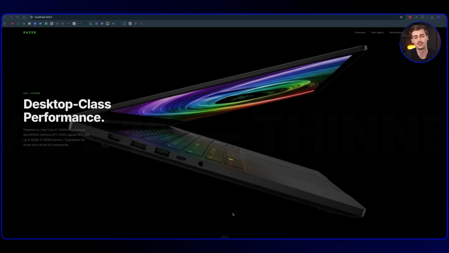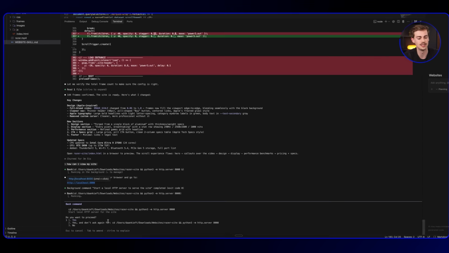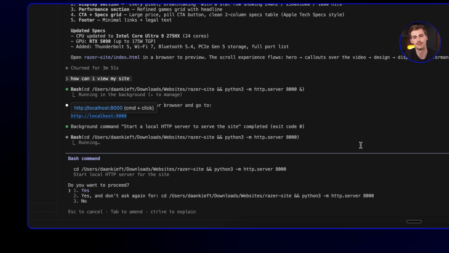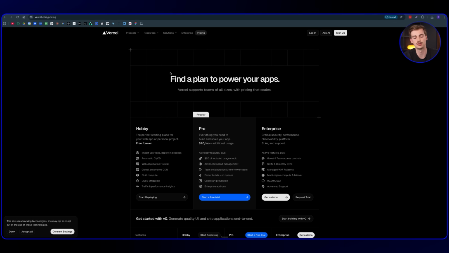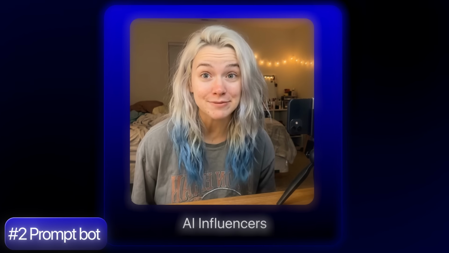You can basically start customizing it by chatting in here and telling it exactly what you want to have happen. And if you want to host this website, then you can go to a website like Vercel where you can get a plan and then you can host your own website. So that is the first use case of what you can do with Nano Banana 2 and Claude Code and a bit of Anti-Gravity. Now let me show you the second one where we're building AI influencers with custom JSON